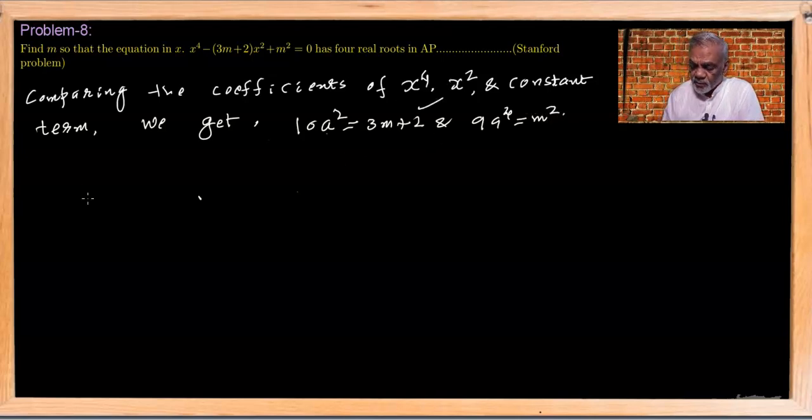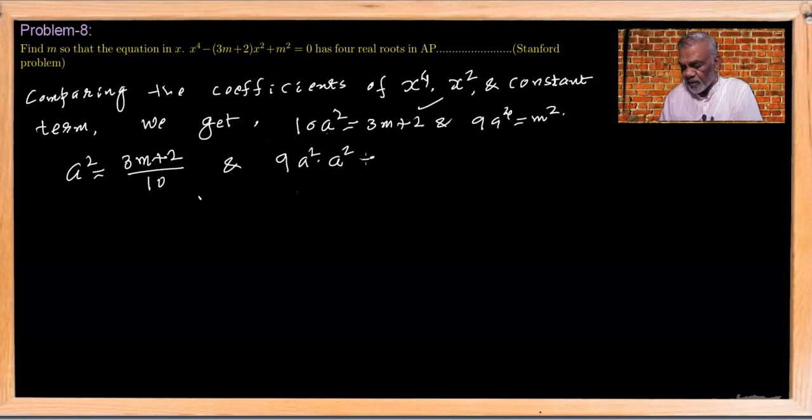And from this, we can write a square is equal to (3m plus 2) by 10 and 9a raised to 4 is m square. So a raised to 4, I can write as a square into a square is equal to m square. And substituting the value of a square here and here, we can get